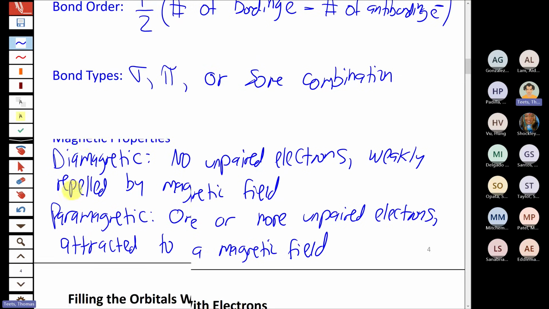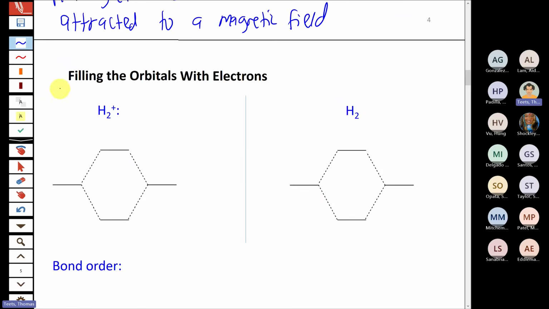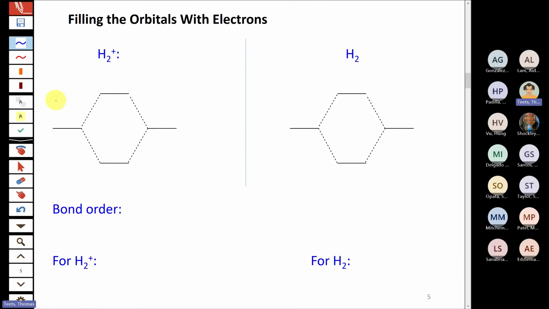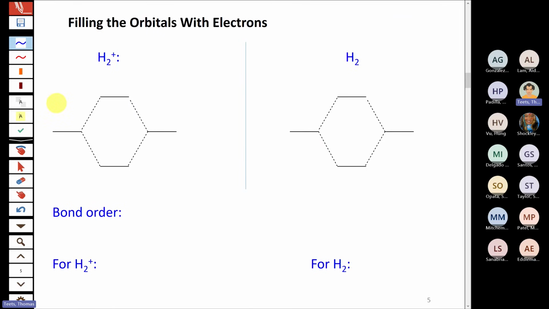All right. So now we're ready to start seeing how we can make these determinations. So we start with the simple orbital diagrams for H2 and H2 plus, which are going to be just using 1s orbitals. So again, if we draw the full diagrams out, we're going to have 1s atomic orbitals on each hydrogen atom, and they're always going to mix the same way. It doesn't matter what the formula of the compound is or what the charge is, the orbitals will always mix the same way. So two 1s orbitals will form a bonding sigma 1s orbital that's lower in energy, and an antibonding sigma star 1s that's higher in energy.